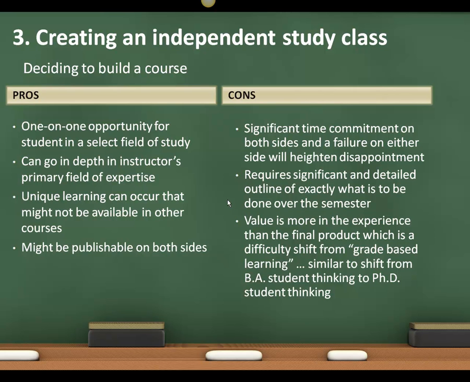Students used to think, I need to do this, and I'm going to get a grade for doing that. This independent study is a shift from the way maybe a bachelor student thinks, which is, well, if I've done all the check boxes, then I get this grade. This is PhD student thinking. This is, I'm learning through a process how to do this, and